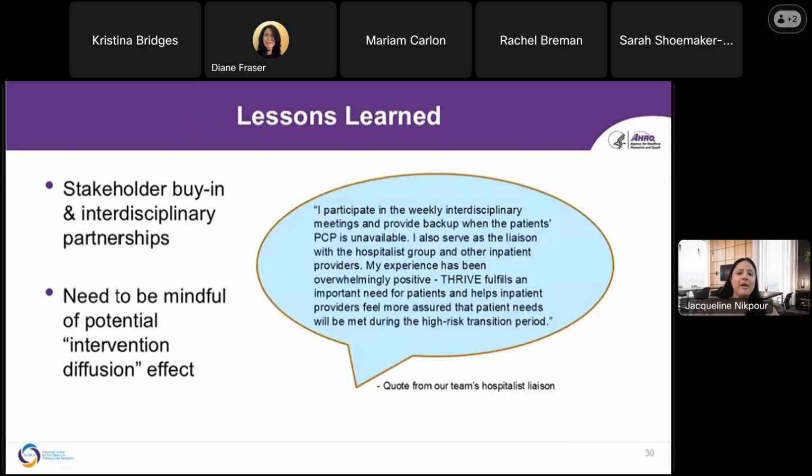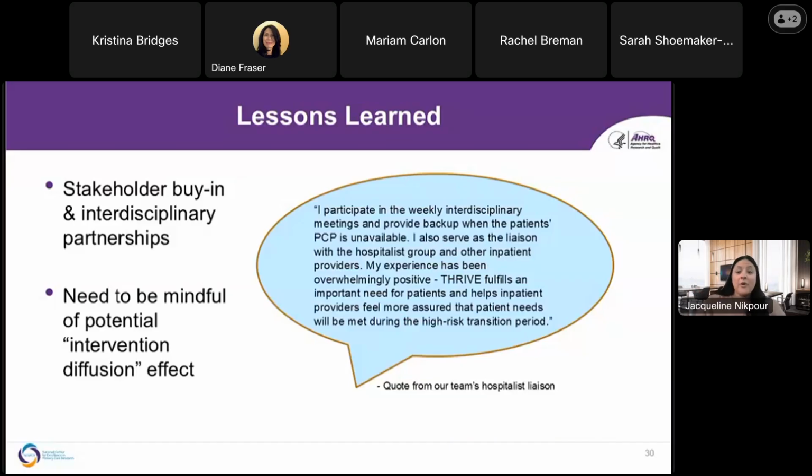So as we're thinking about some of the lessons that we've learned throughout our time with Thrive and moving forward with our new sites, I think it's really important to note that Thrive is a nurse-driven intervention primarily, but it really is made possible by our interdisciplinary group of stakeholders, including social work, physical and occupational therapy, community health workers, and the discharging hospitalists, the physicians and APPs who work with us to provide that kind of closed loop